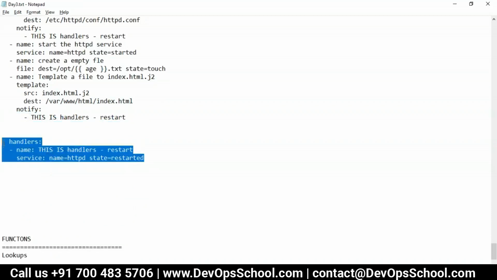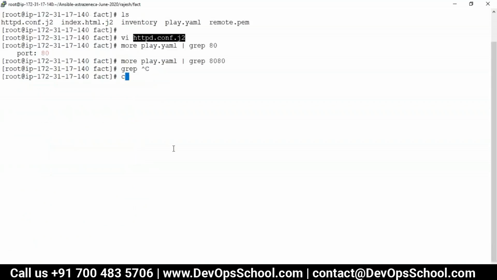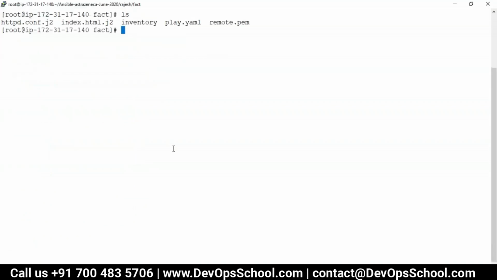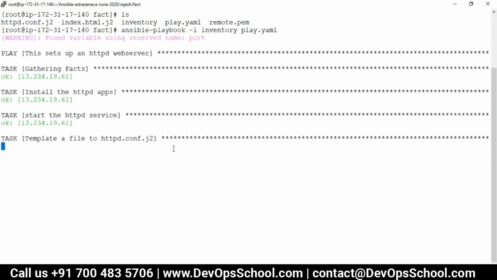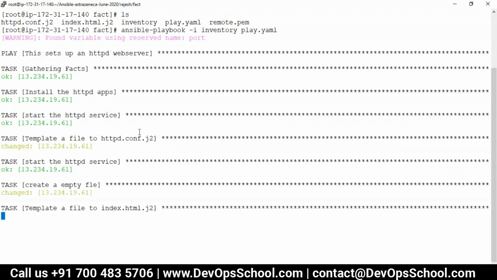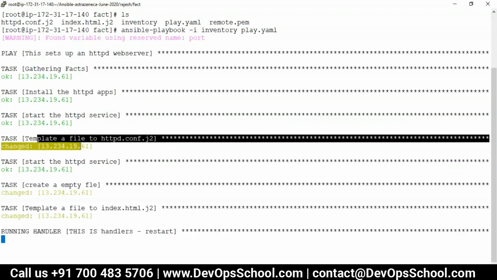So now here is a handler task. Can I rerun one more time? So here, if I rerun Ansible, I want to check whether this modification is happening or not. So see here, the template file modification has happened, changed. So I see that the change has happened,